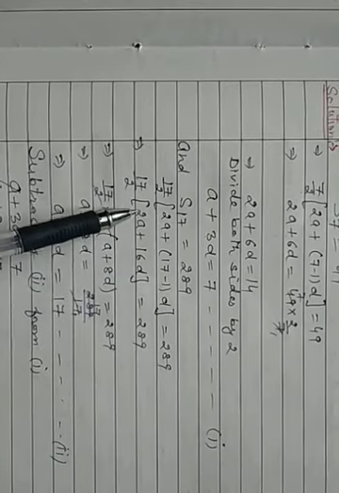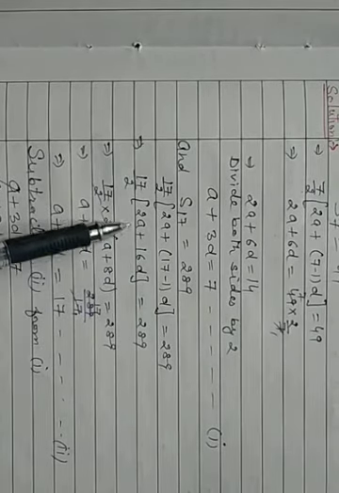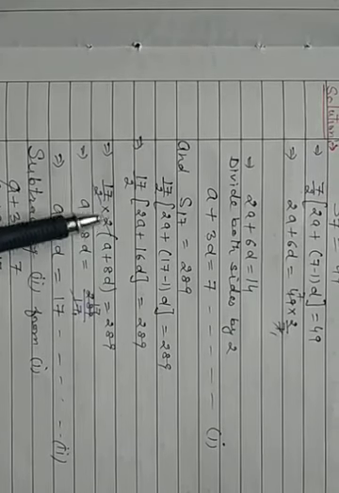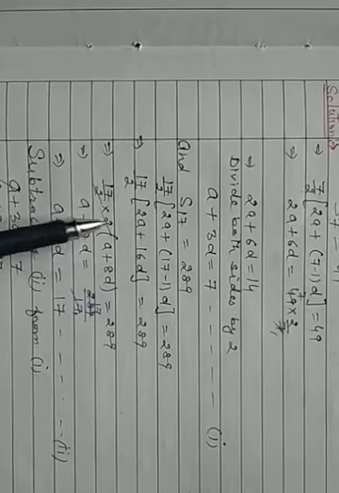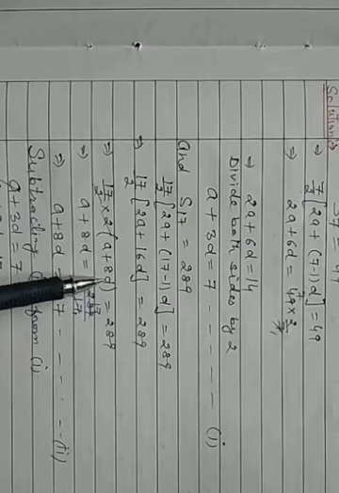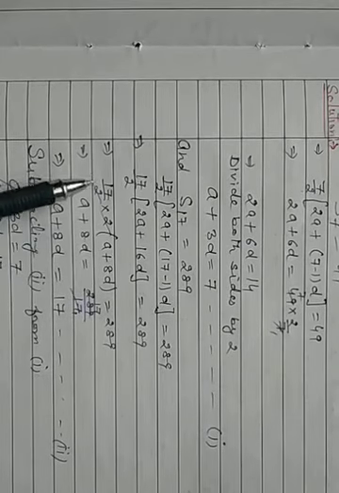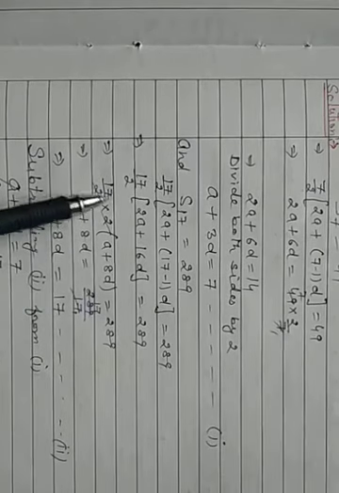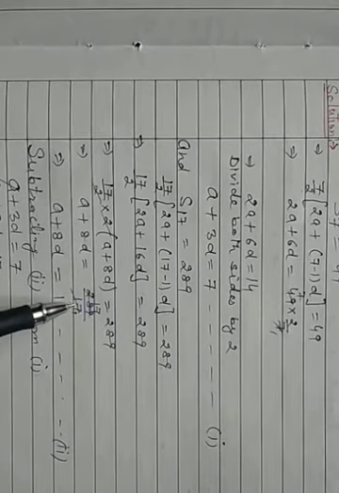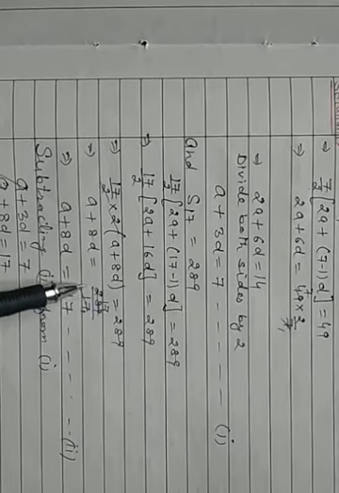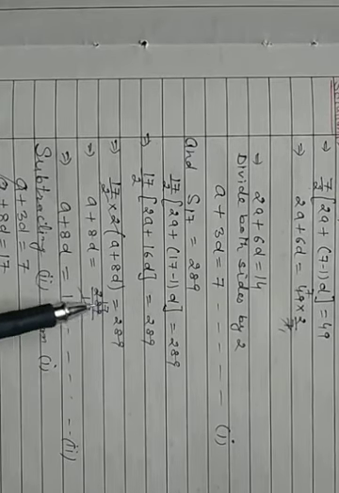Now you know what is common here in these two. Between these, the common is 2. So we are taking 2 as common. 17 by 2, 2 taken as common. a plus 2 eights are 16, is equal to this. 2 2 cancel. Now a plus 8d is equal to 289 by 17. This 17 will go to the denominator. a plus 8d is equal to, cancel, 17 ones are 17, 17 seventeens are 289. So it is 17 here.